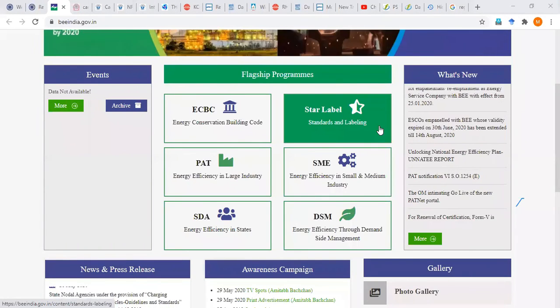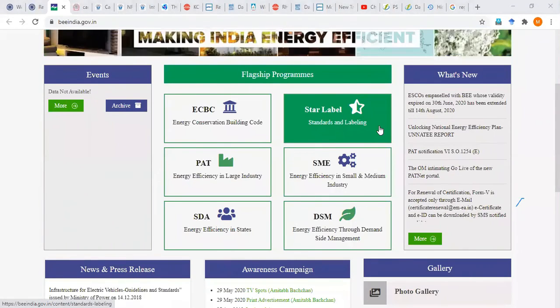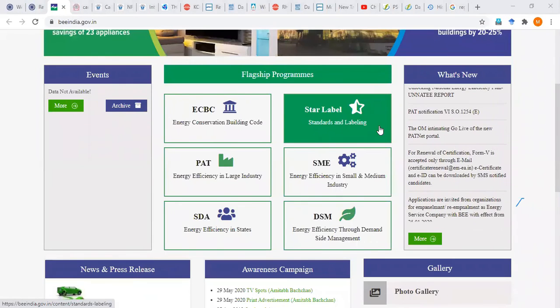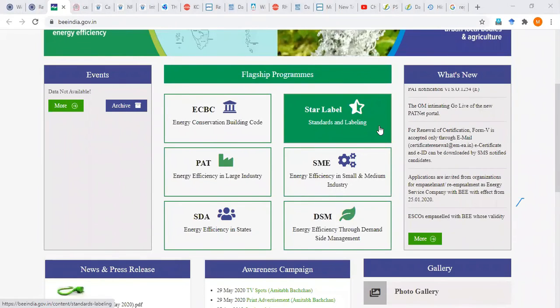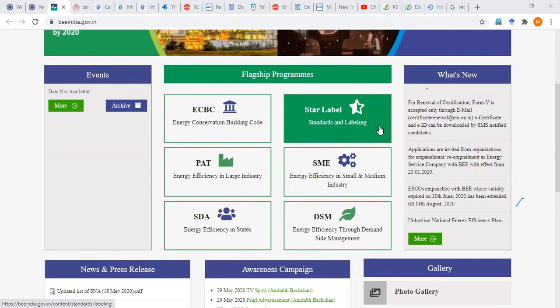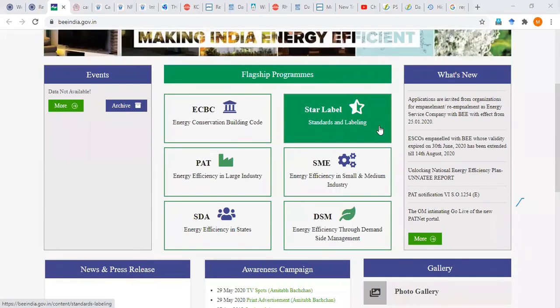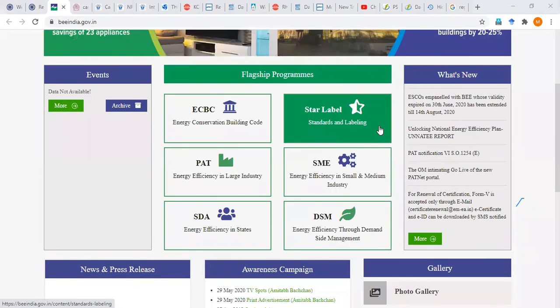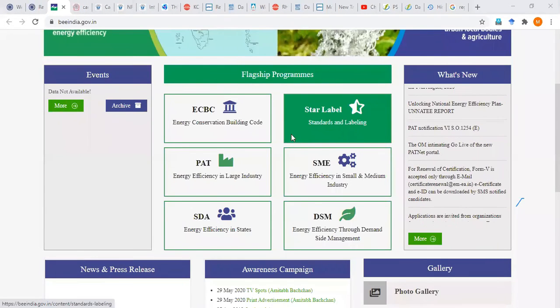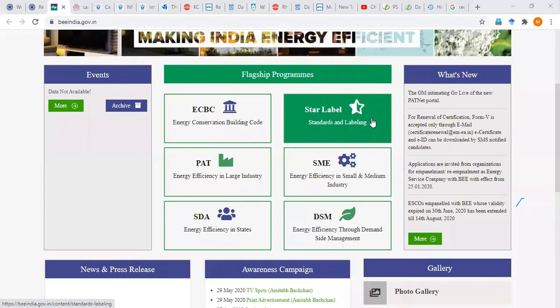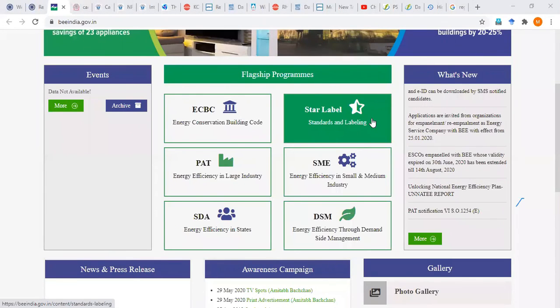Even someone who is a non-technical person or a non-electrical engineer may ask you how the star rating of a particular equipment has been calculated. So if you go through the details of this particular web link, you will be able to calculate how the stars of electrical equipment, depending on their quality and standards, have been calculated.